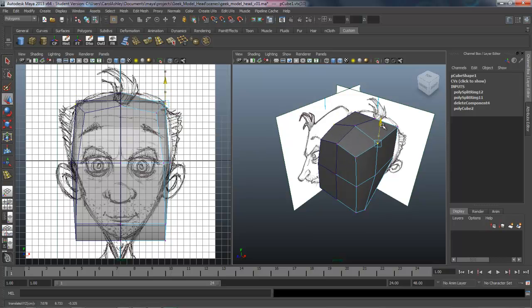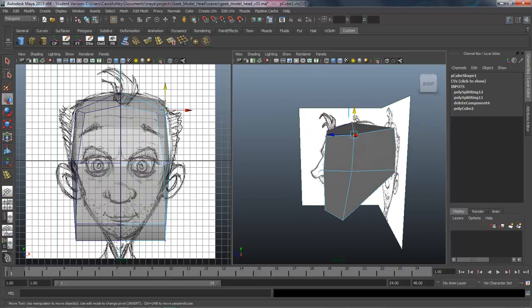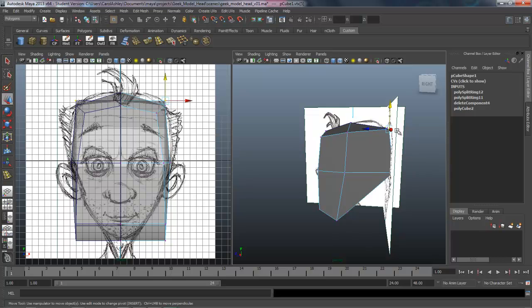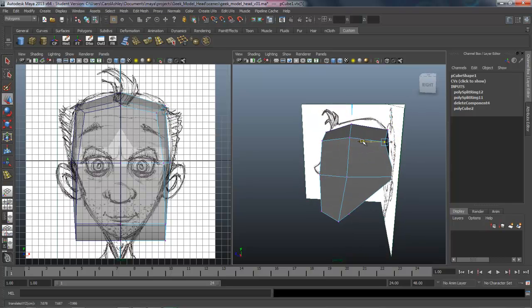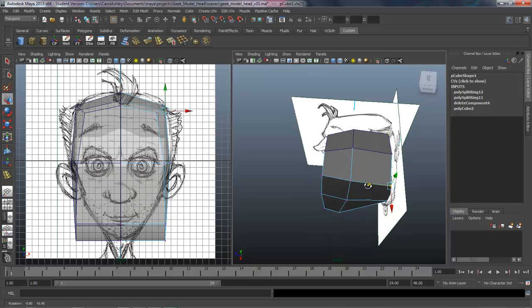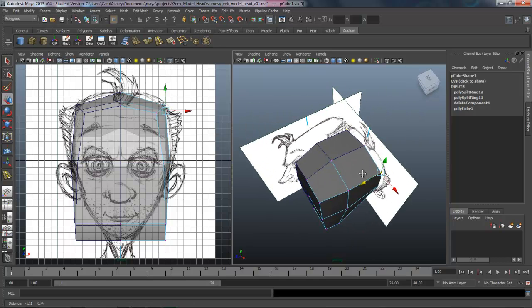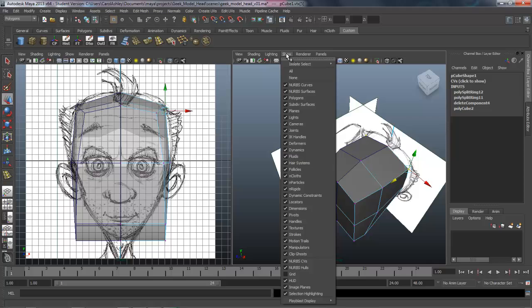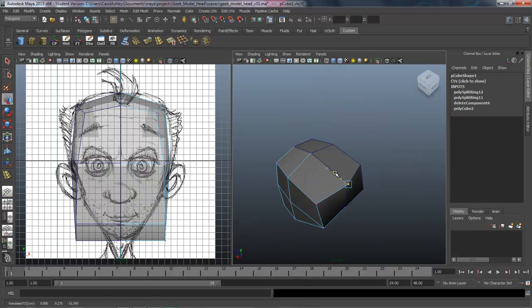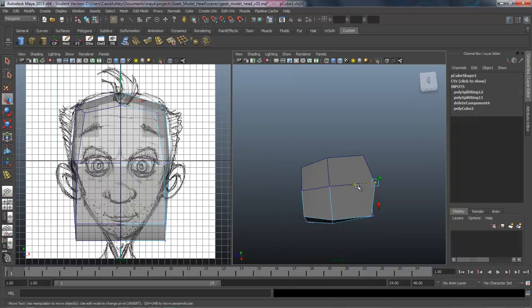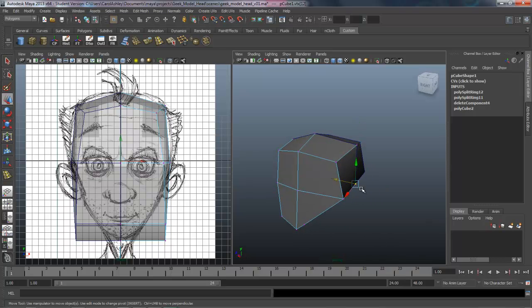Same thing here. We're going to round that off and bring that down. Okay, it's probably down just a little too far. And the back point here of his head, bring that down as well. And that's going to come in a little bit. And I'm going to actually turn these image planes off over here just under show cameras. That'll shut them off. That way they're not getting in the way. And I'm going to pull back the back part of the head. You can see it's starting to round out here.